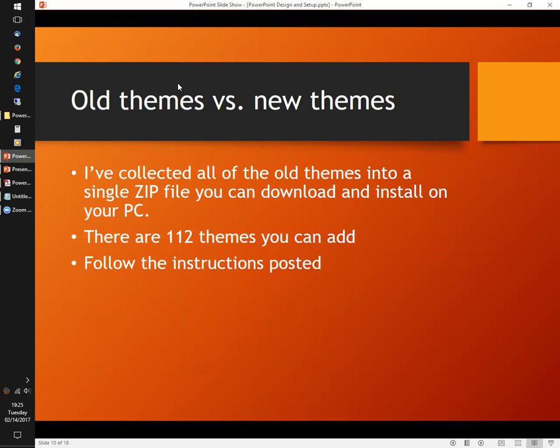That's the OneDrive link. And if you look in the OneDrive, you're going to see a file there called PowerPoint Design Themes.zip. It's a big file. You can download it. When you unzip it, you're going to see 112 THMX files. And the way to install those, I don't have time to go through that here. There's another file there called PowerPoint Design Themes Installation Guide. It's just a basic text file, and that'll tell you everything you need to know. You can either just unzip those files anywhere and double click on them and use them. If you want to truly install them, you just follow the procedure.